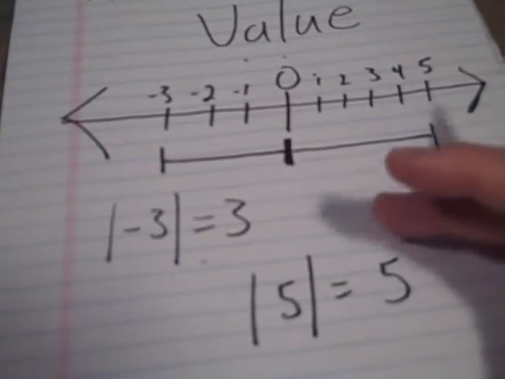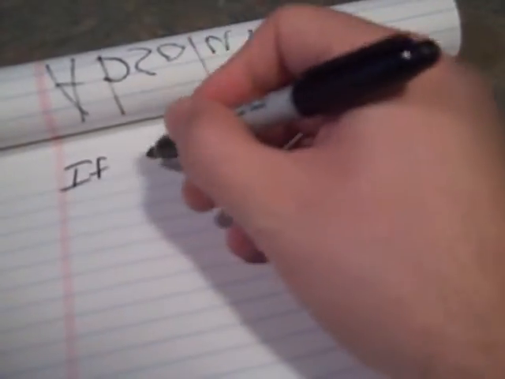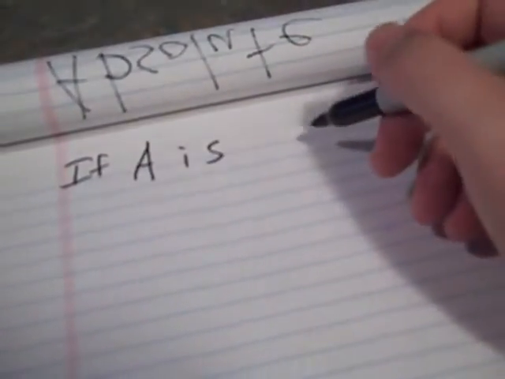So you might think that you could just take the negative. That's not necessarily that easy. Here's the formal definition, right? We could say if A is a real number, that's how you write that, a real number, that's a symbol for it,